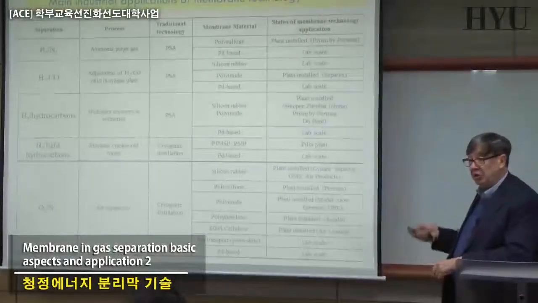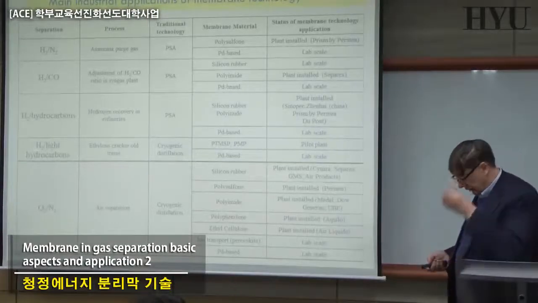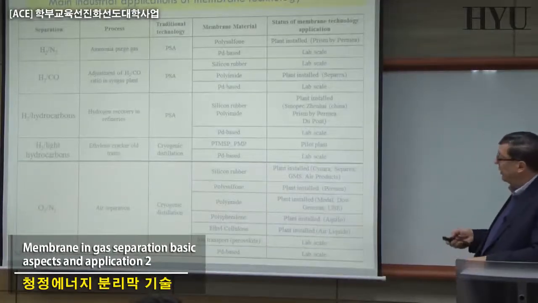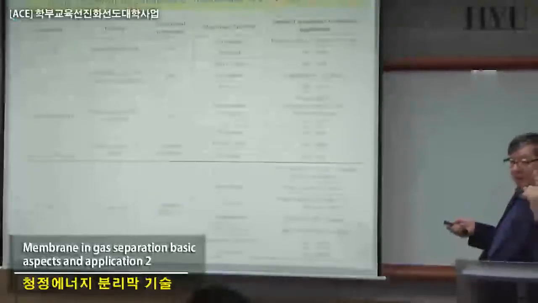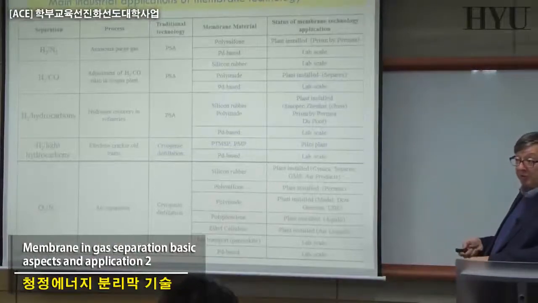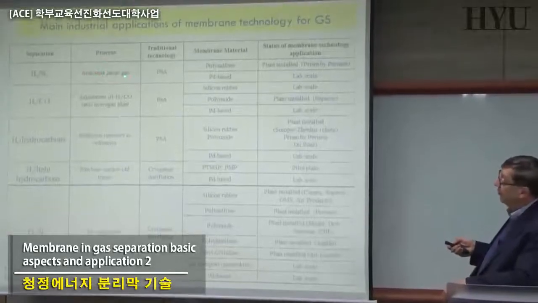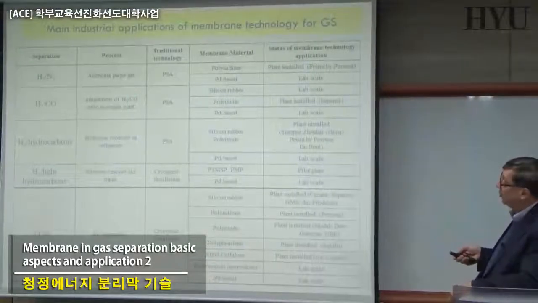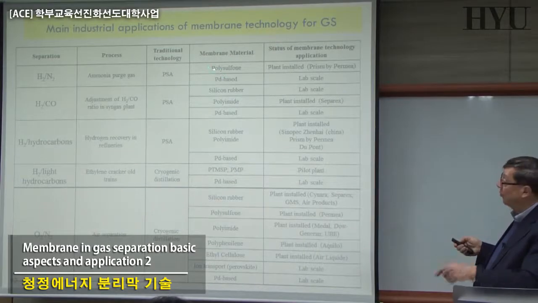In which cases are our membranes for gas separation really working today, and which is the most interesting one? As you can see here, there are some of the most interesting. We already mentioned hydrogen and nitrogen, which has been one of the first cases, for ammonia synthesis, for the production of ammonia, that means for the fertilizer industry. The ammonia purge gas has been one of the most interesting applications. And in this case, what was competing was a PSA, but the first membrane I mentioned before,